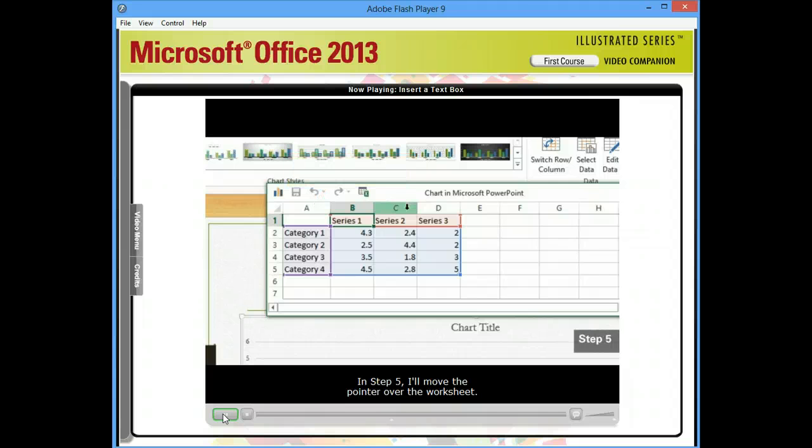In Step 5, I'll move the pointer over the worksheet. All of these places where the rows and columns intersect are called cells, and cells are referred to by their location. For example, the cell at the intersection of column A and row 6 is called cell A6. I'll click cell C4, and it becomes the active cell, which means that it's currently selected and has this thick